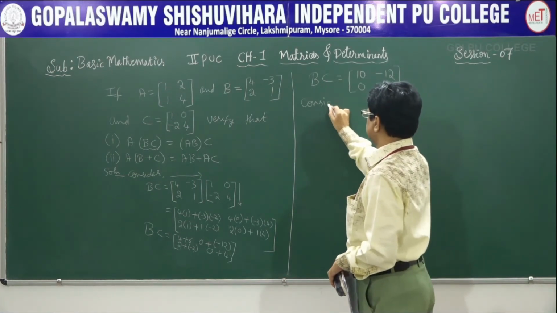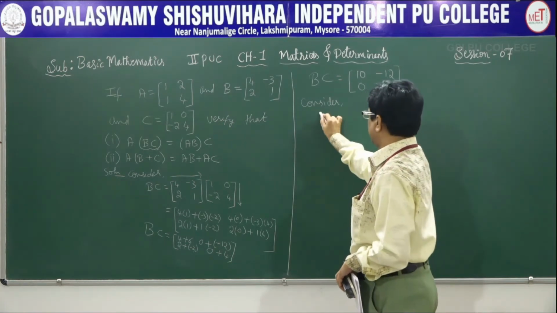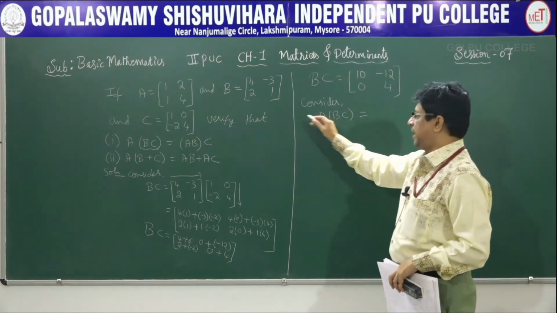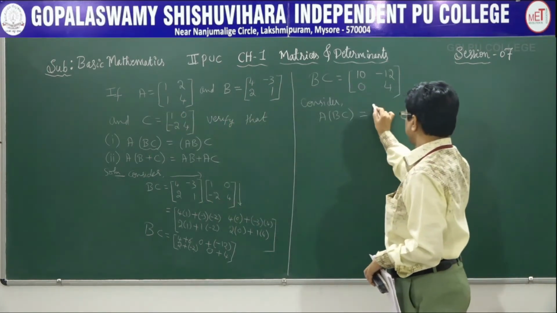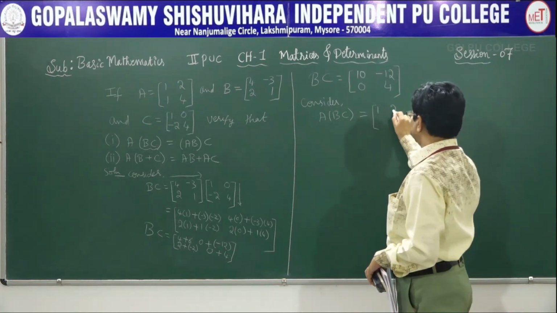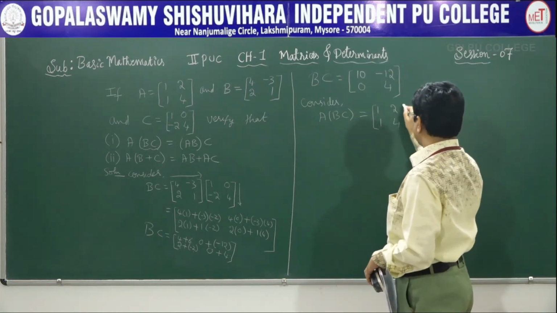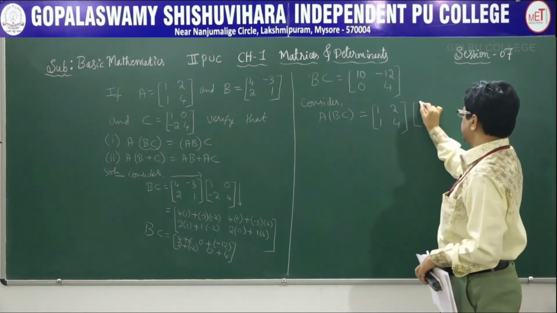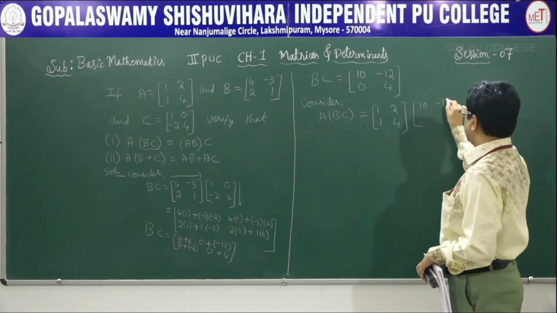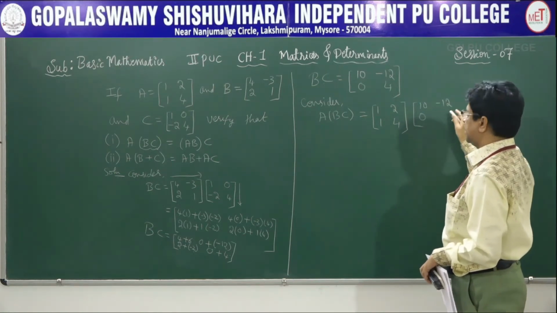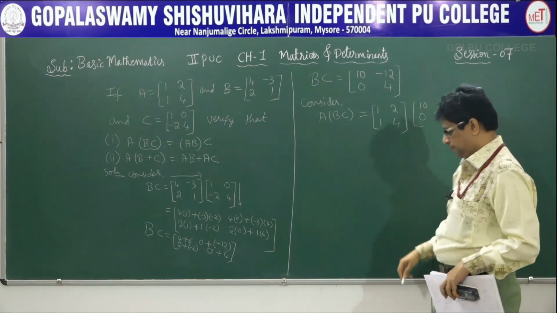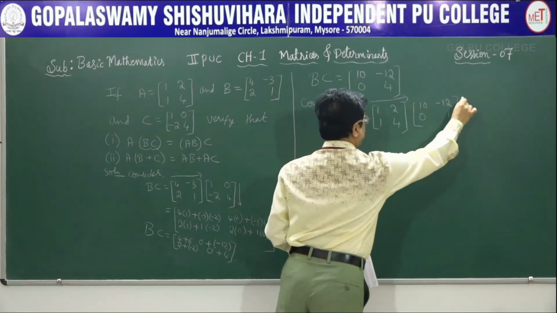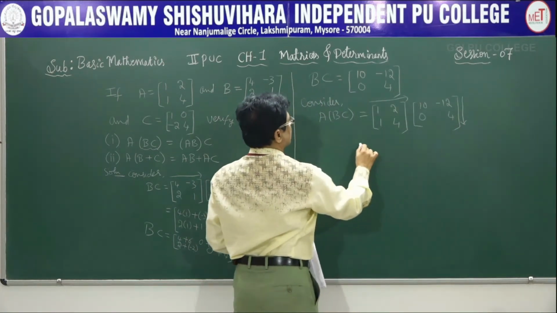Consider A into BC. So first we shall write the matrix A. So A is 1, 2, 1, 4 into BC. So BC matrix is 10, minus 12, 0, 4. So let us multiply these two matrices. The rule is row into column. So this will be equal to